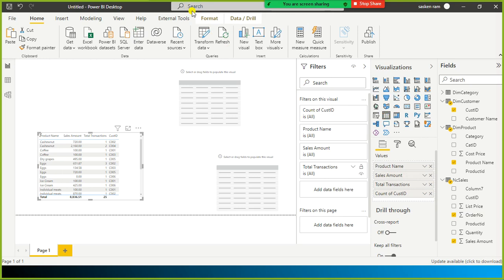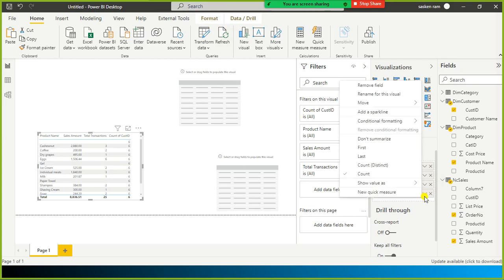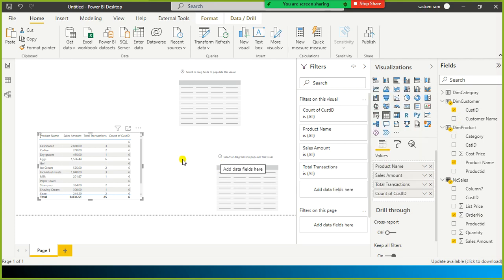Though I selected the aggregation as count, it was not reflecting here. So when you click on here, it will open the properties for this one. Here in the contextual menu, you can rename this visual, and also you have an option for using an aggregation like count distinct. Since this is text, an alphanumeric value, only these options are first, last. There is no point in having some other function, hence we are left with only these two options. I just selected count.